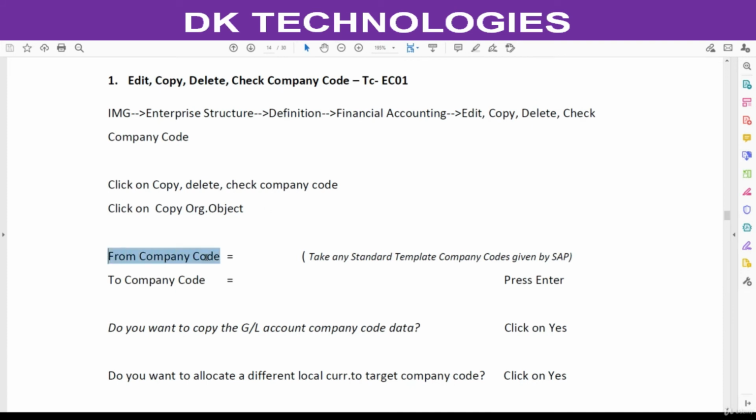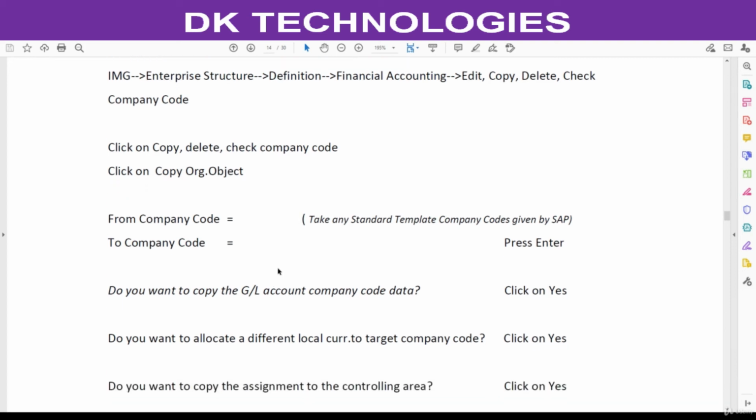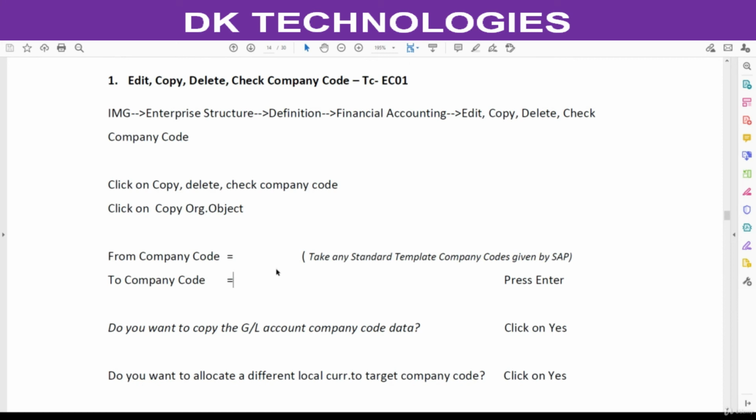See, on the left side, this is the fixed portion. To the extent possible, I updated everything here. What you have to note down is only the variable portion, like from which company code we are copying to which company code. This will help you to understand all the steps easily. It will engage you in the course. Rather than making the course material like this, if I gave screenshots directly, you are not going to feel anything. So better you take a printout of these notes and note down the configuration steps, only the variable portion, because 90% of this material is already prepared. 10% you have to fill up here.